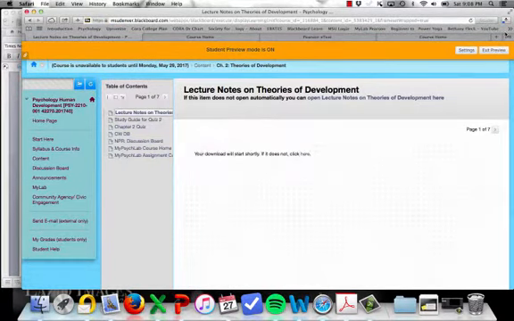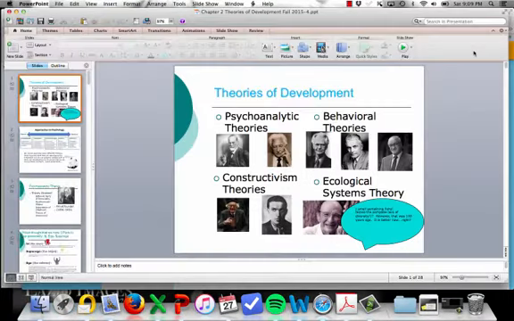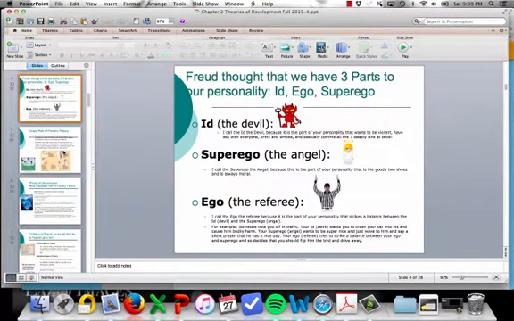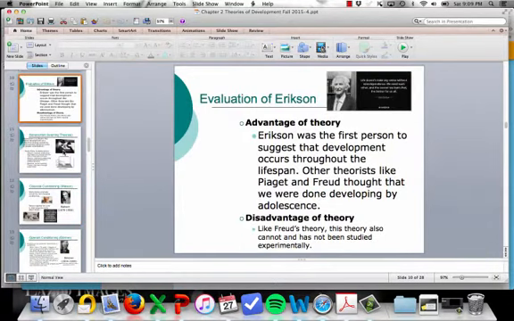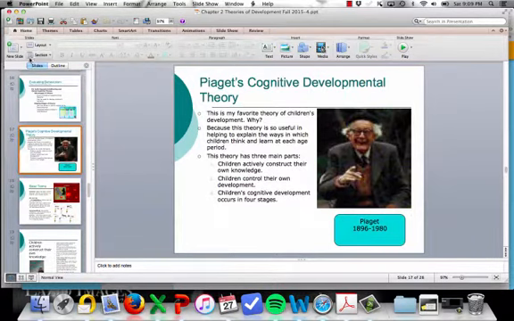Your computer will download things in different ways, but you'll want to open up that downloaded file. I can do that up here in the top right. And what it'll bring up is a PowerPoint slide with notes from the chapter 2 information. So this will guide you as you read.